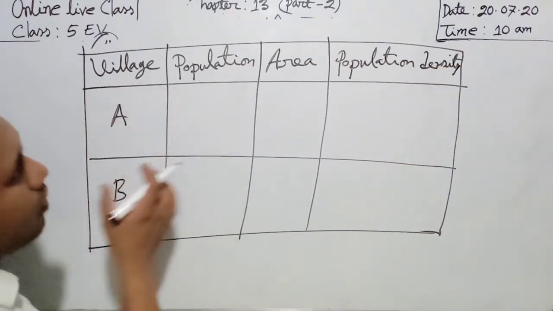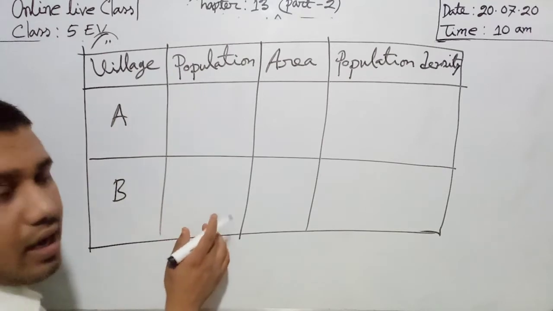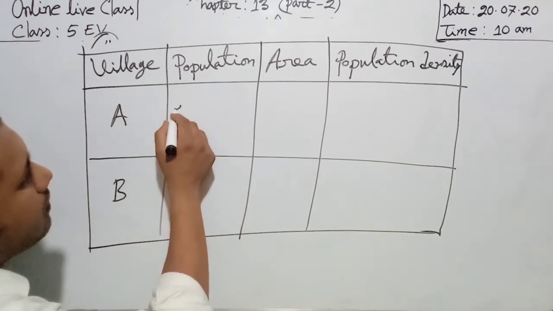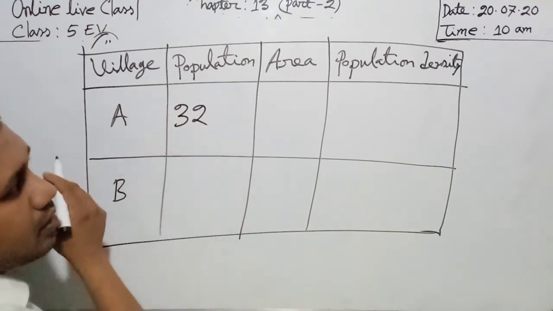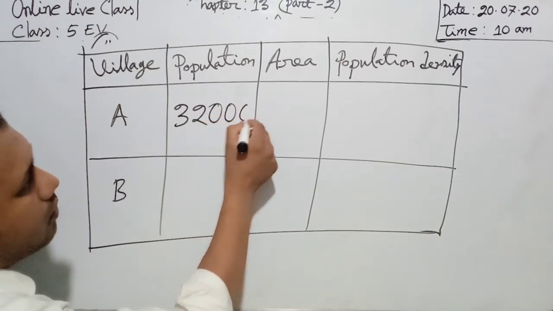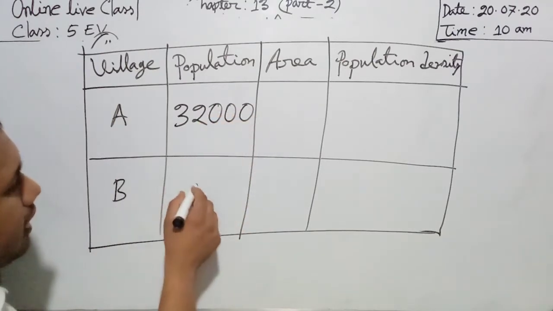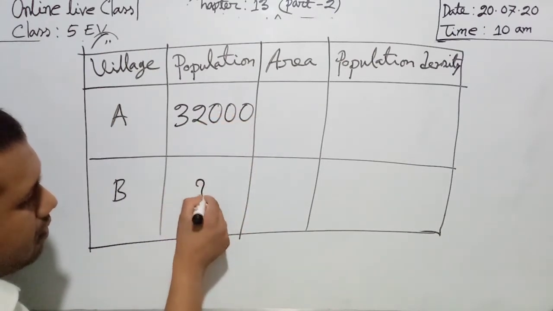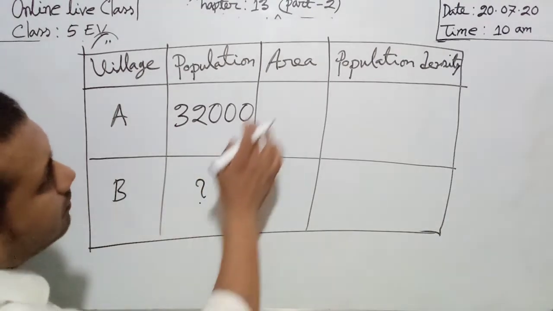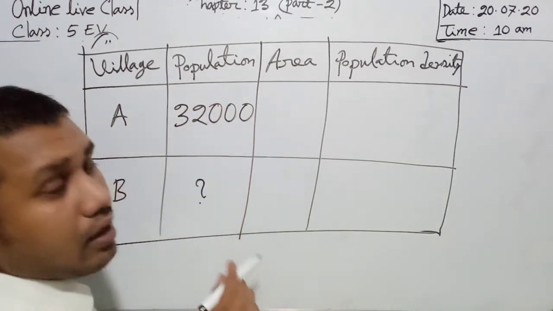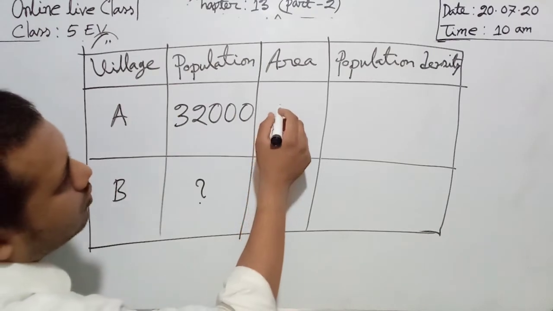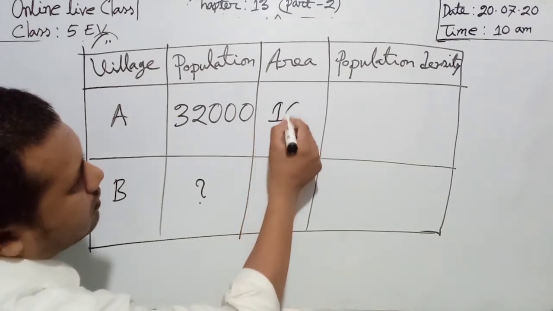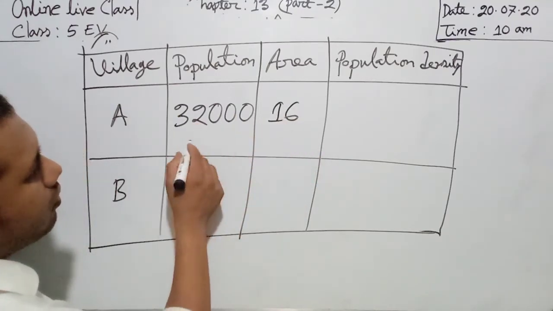Suppose the population of village A is 32,000, and this we don't know. Area of the village A, suppose 16,